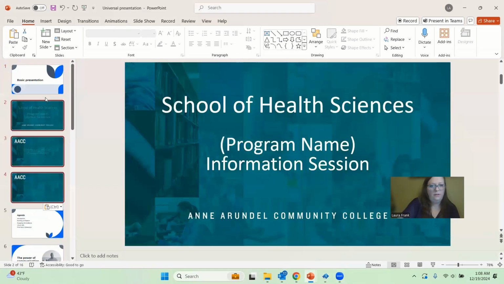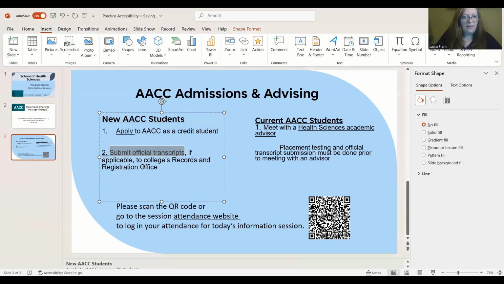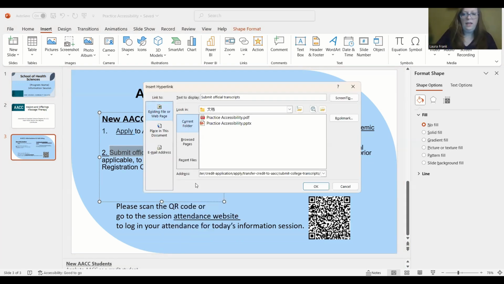Control E, set up your spacing in a way that allows for the viewer to better have things categorized. So as you can see, I split up the new versus the current AACC students. I split up the spacing. I made those links. So the hyperlinks here are now built inside of their description. To add a hyperlink to your text, you would highlight where you want the hyperlink. You can right click and scroll down to the word link, and then you hit Control V and paste your